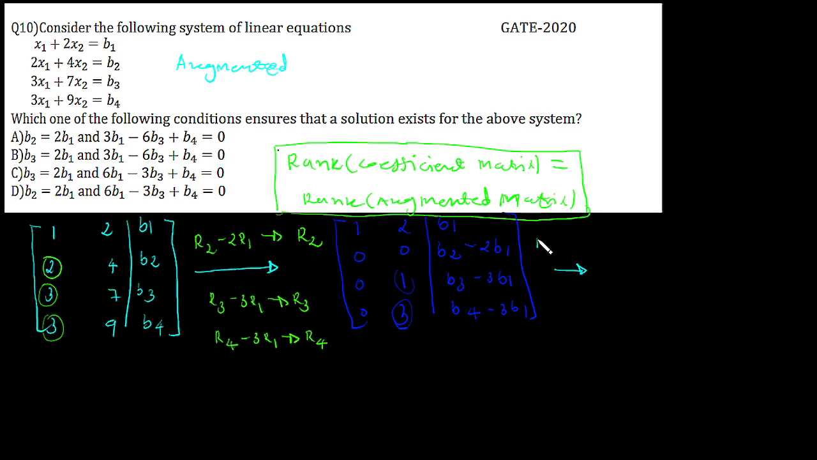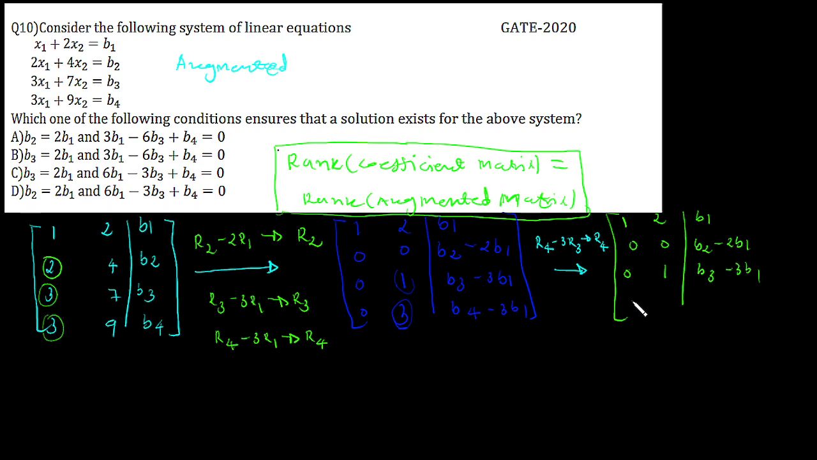Here I can write simply row 4 minus 3 times row 3 and it will give me new row 4. So now after this row operation our matrix looks like this. Here B1 as it is, this second row is also as it is, B2 minus 2 times B1, and this third row is also as it is,